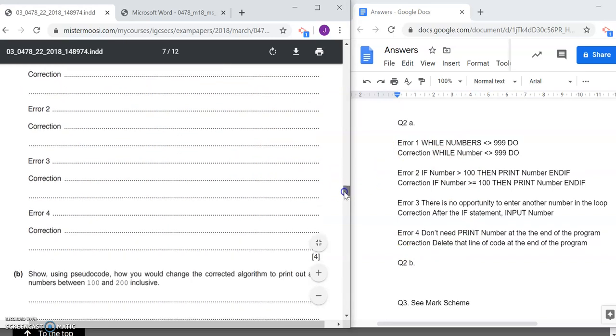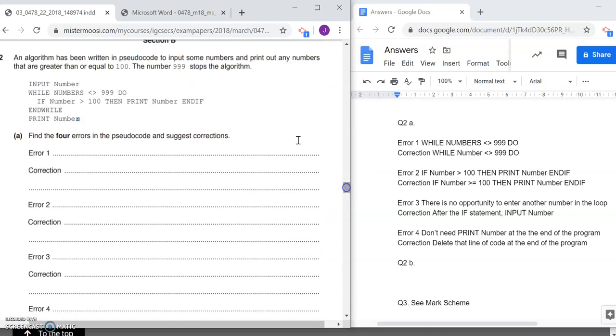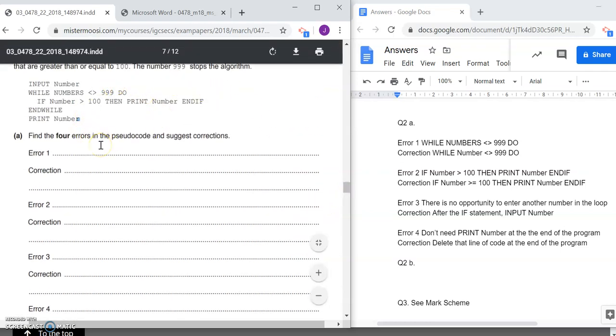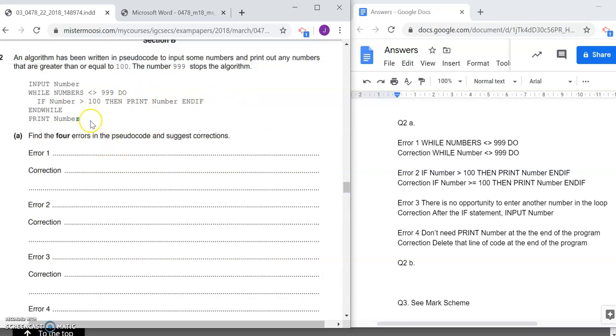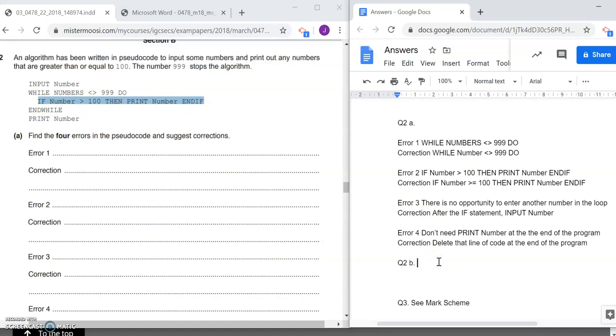Okay, let's move on to part B. Show, using pseudocode, how you would change the corrected algorithm to print out any numbers between 100 and 200 inclusive. So all we have to do is just show how we would change this to print out numbers between 100 and 200 inclusive, not just numbers that are greater than or equal to 100. So we really want to change this line of code. Okay, so change the if statement